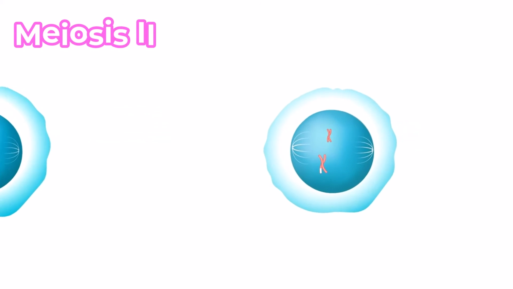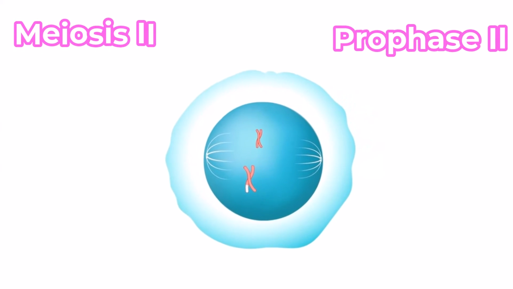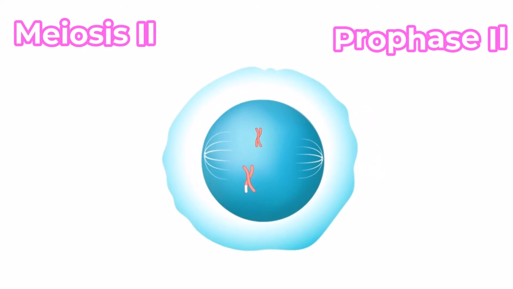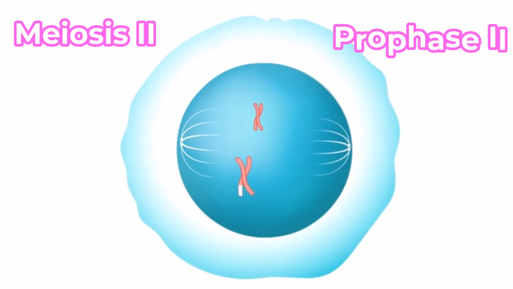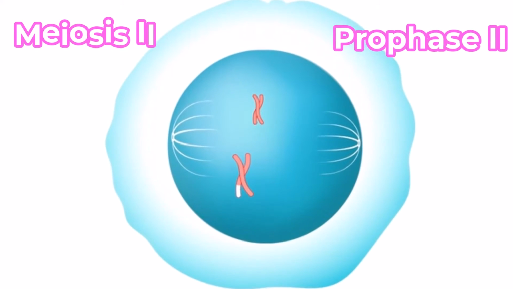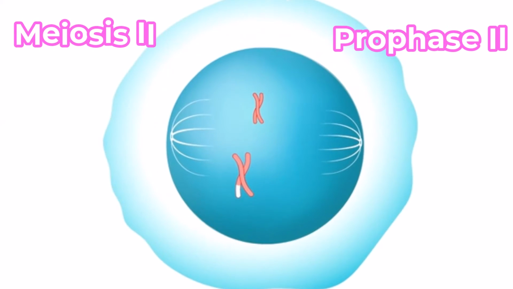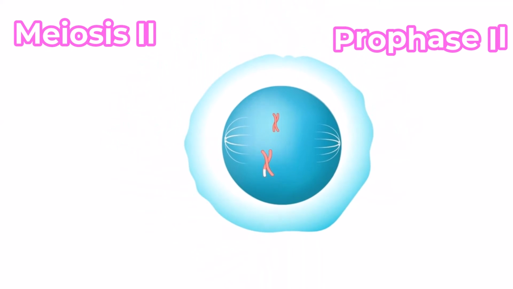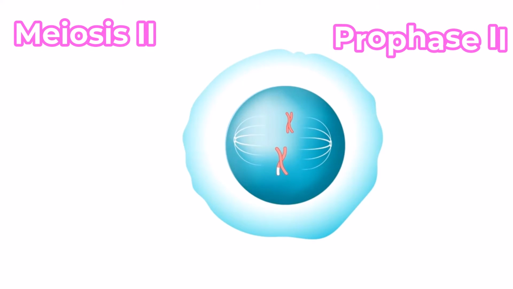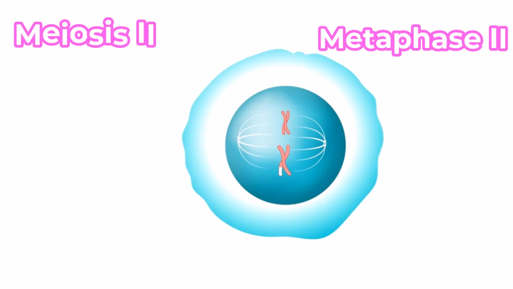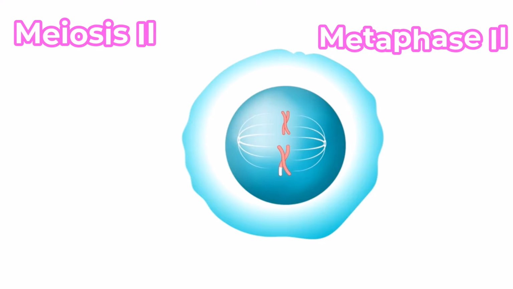Meiosis II begins with the process of prophase II. Meiosis II is essentially the same as mitosis. The important difference is that meiosis II starts with a haploid cell that has not undergone chromosome duplication during the preceding interphase. During prophase II, a spindle forms and moves the chromosomes towards the middle of the cell. During metaphase II, these chromosomes are aligned as they are in mitosis, with the tracks attached to sister chromatids of each chromosome coming from opposite poles.